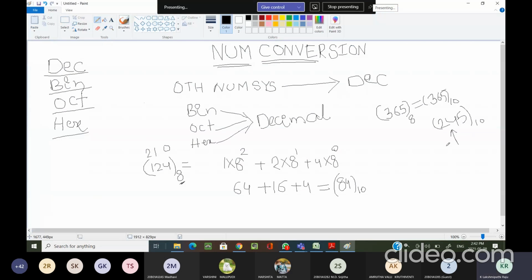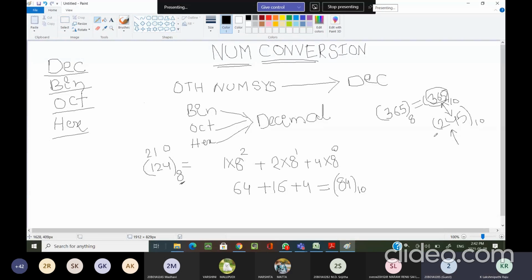What happened? Okay. Tell me, the remaining people, which one is the correct answer? 245 base 10, sir. Okay, thank you. I hope 245 is the correct answer. Roll number 85, how did you get this answer? 365 of base 10.